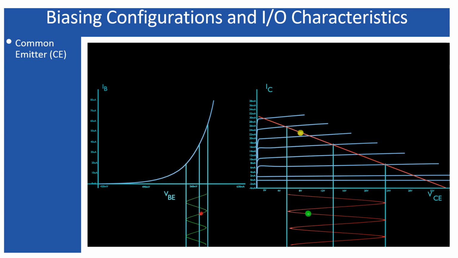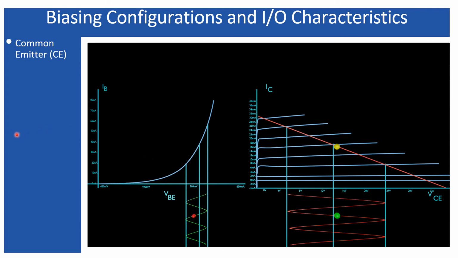Similar to the previous case, the common base configuration, here I have presented the amplification in common emitter using a similar kind of animation. Here all this represents the input voltage which is oscillating like this, and this is the input axis, that is the VB, this is the IB of the order of microampere, and here is the IC. So there is a clear indication that the output current gets amplified. Now the output voltage is also being amplified, and the explanation is the same as I explained for the common base also, because the output is oscillating within a wide range while the input is oscillating within this small range.